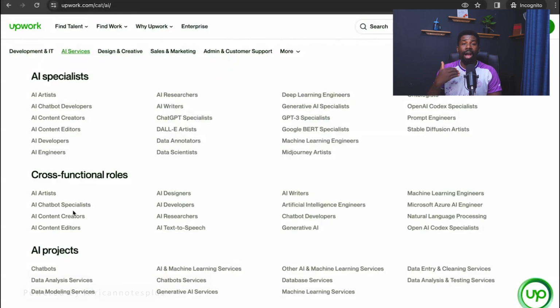Maybe you can have 2 or 3 categories, and then you can create up to 2 or 3 specializations. Upwork actually allows you to be, for instance, for myself, I can be a product management specialist. I can also be a project management specialist, and I can be an agile team lead specialist. So I can create like 3 profiles if I want. I can even create a Jira specialist because I know how to use Jira, I know how to configure it. So I can use that as a specialist, and that is also a role. Somebody can hire me as a Jira specialist to manage their Jira boards. So you see what I'm saying?